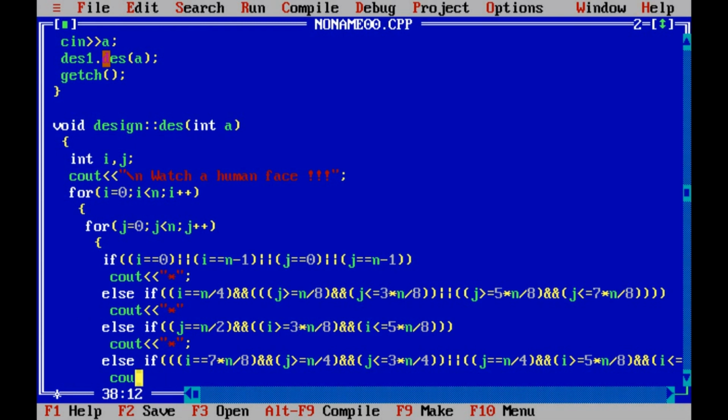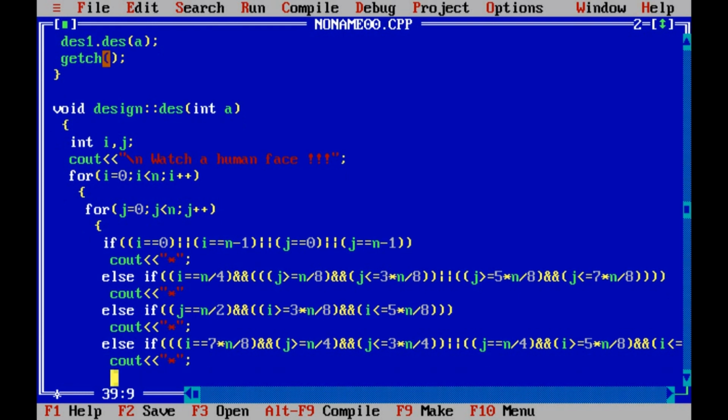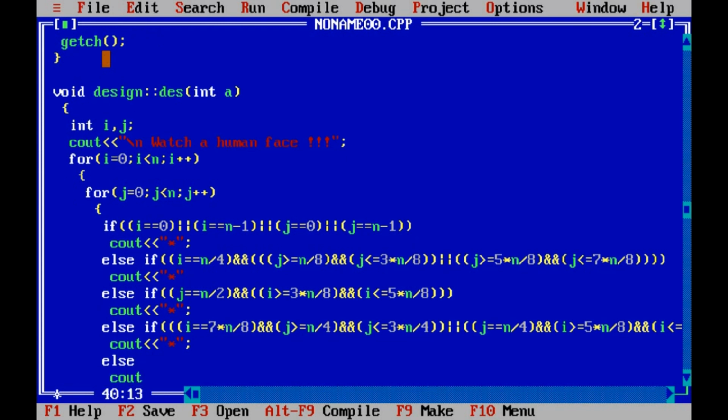Now here we need to print cout star at these places. Now for the other part of the face, we need to make it an empty space, so we print else cout space.